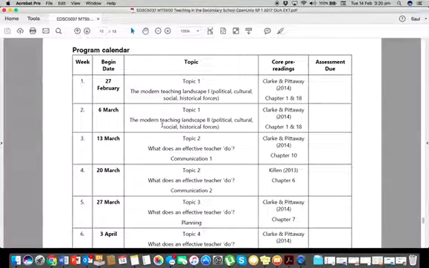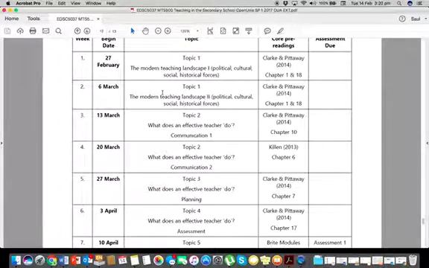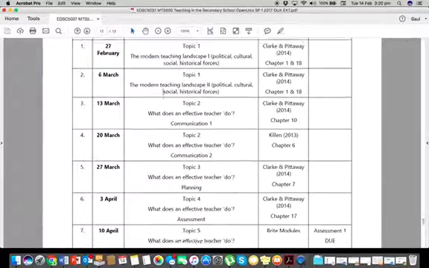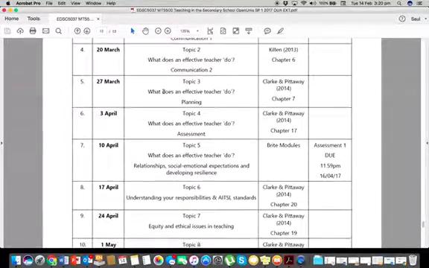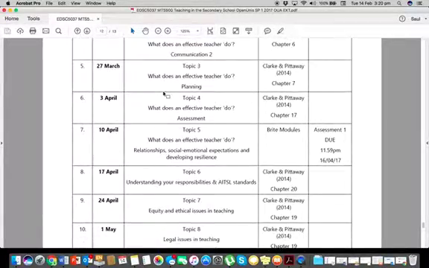This is the program calendar. It's mirrored on your Blackboard site. As you can see, there are some topics that go over 2 weeks. So you can either take 2 weeks to do that learning, or you can do it all within 1 week. It's completely up to you and how you like to step out your particular studying. But there will be 2 weeks of content delivery for some topics. Topic 1 and topic 2 that applies to, and there are some topics where there is only 1 week of